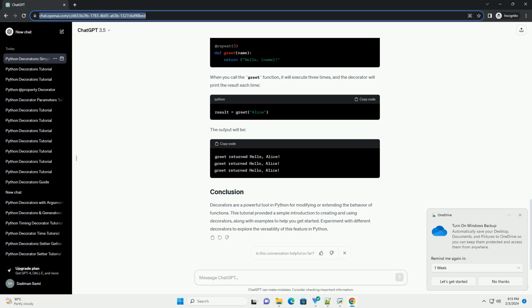Now, let's apply this decorator to a sample function. When you call the add function, the decorator will modify its behavior. The output will be: